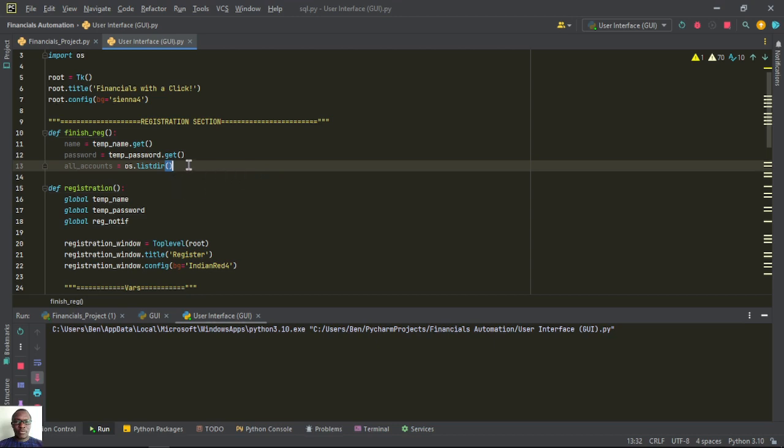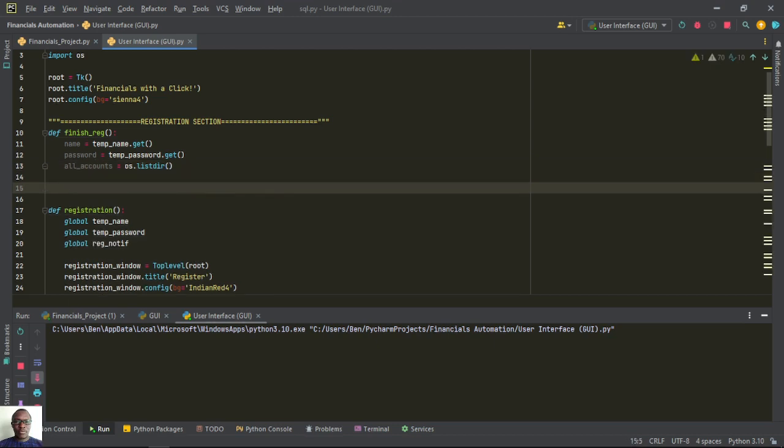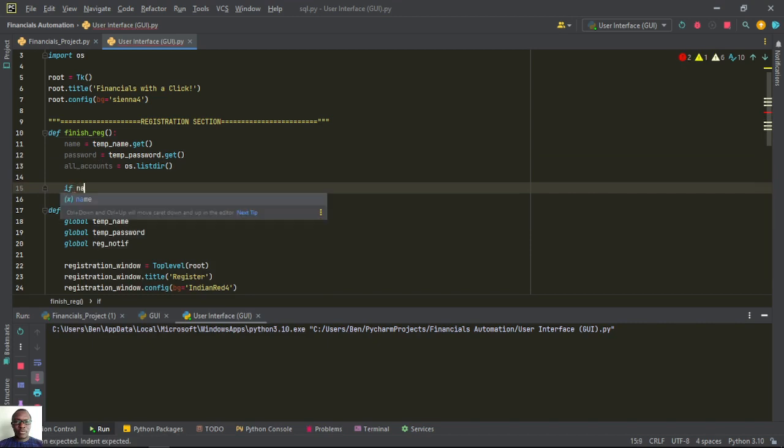So what we need to do again, we'll come down here and say if name is equal to nothing, or password is equal to again blank,